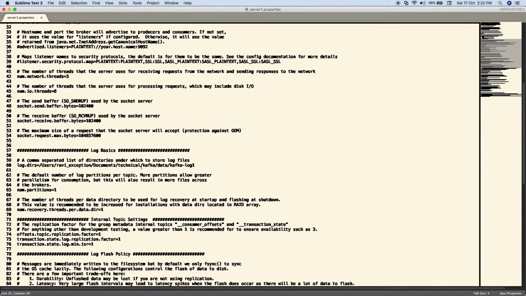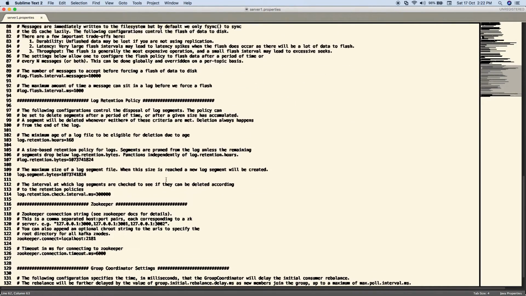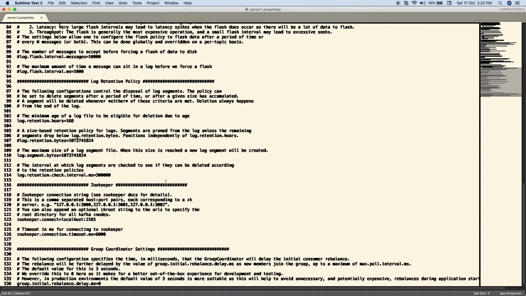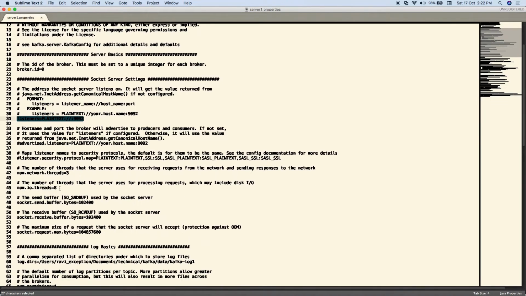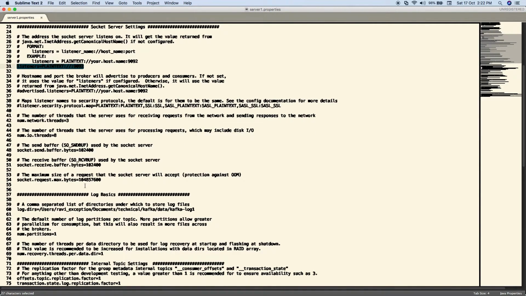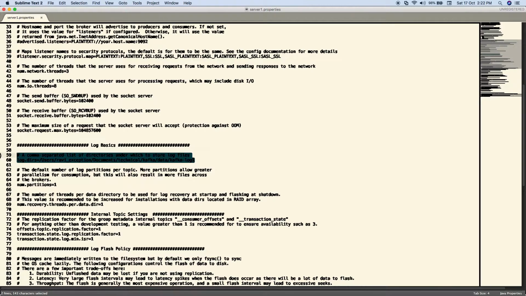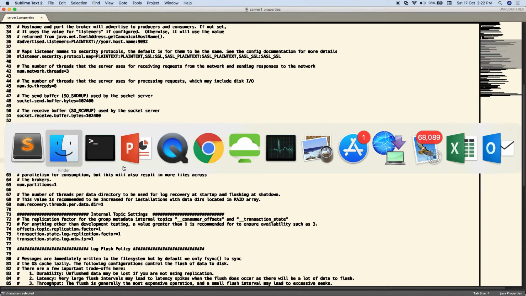Next thing, I have modified the log directory where I want to keep the messages within this broker. So this is the complete directory where the messages will be stored. I think the rest of the information remains as it is. So what changes do we have to make? Enable this port, on which this broker will be running, and the log directory where the messages will be stored. Okay, so let me open all these 3 files.